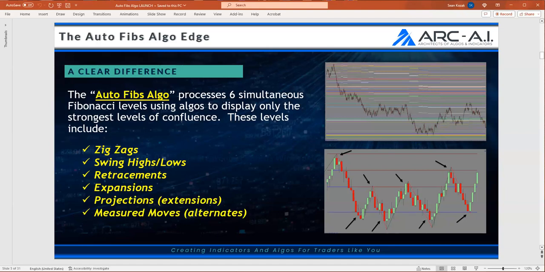Support and resistance is not supply and demand. Support and resistance is not order blocks. Support and resistance is market structure. And if you were to say, Sean, could you give me one product out of everything that you have in your business that is the best for support and resistance? Hands down, I wouldn't even think for 3 seconds, it's the Fibs, period.